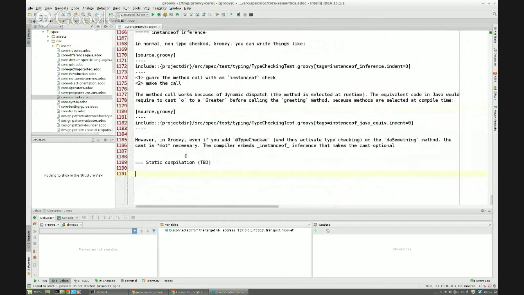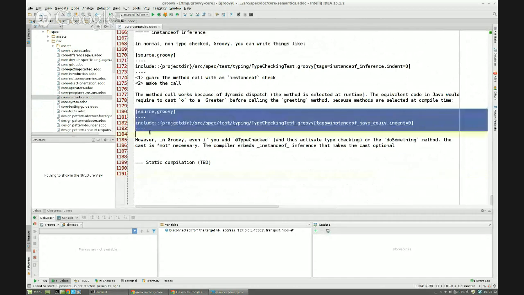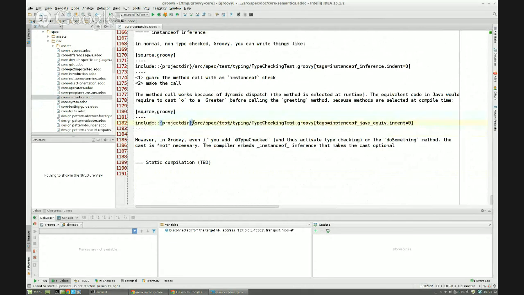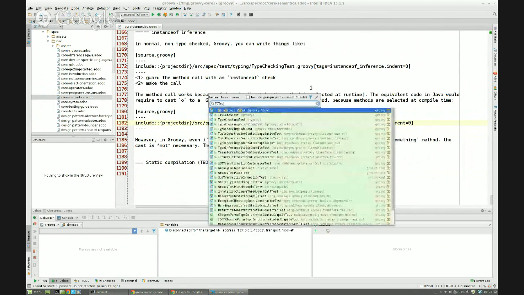This is a file that we edit, and in each file you have that kind of code, which is importing a snippet of code from a unit test. So you have the path to the unit test, which is source spec test, and this is a unit test specific to this document. So I can open the type checking test,